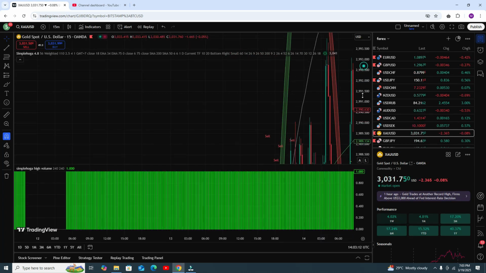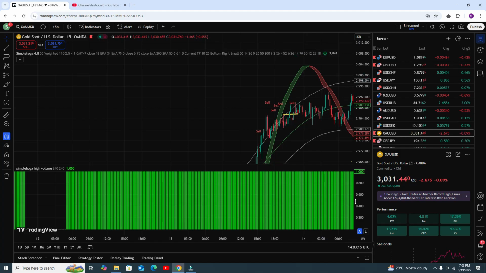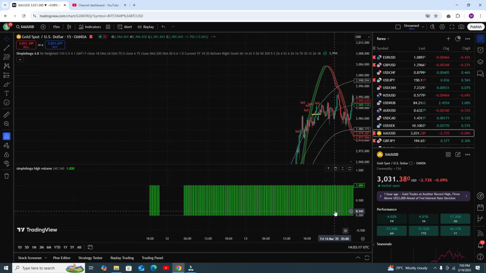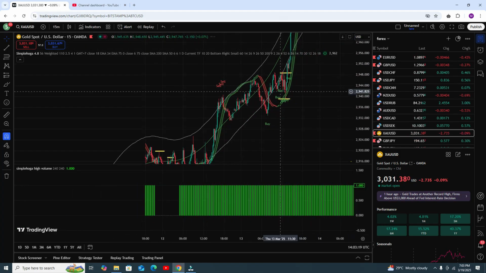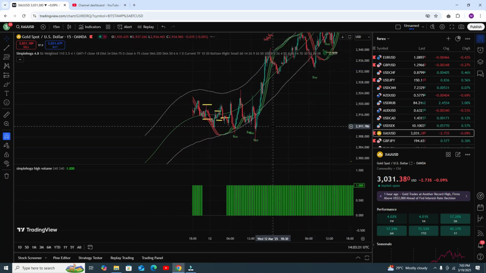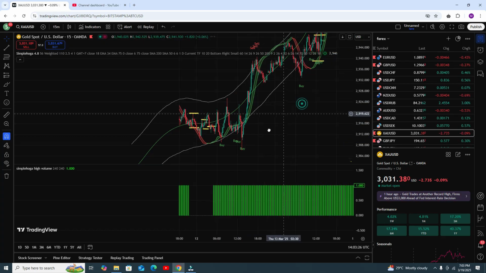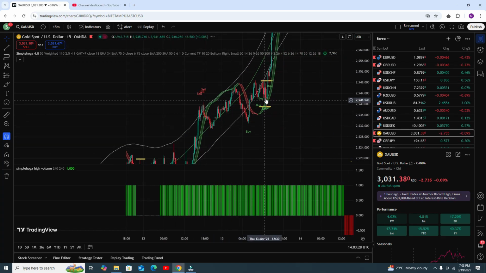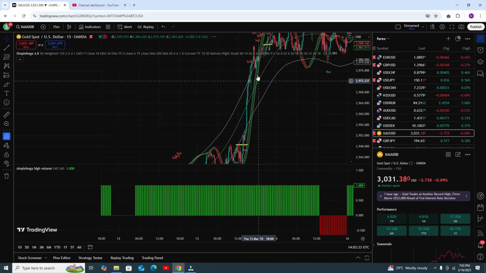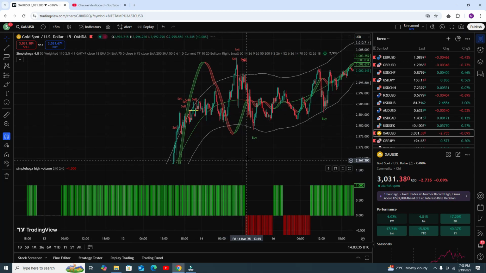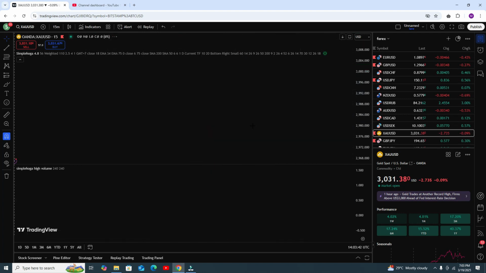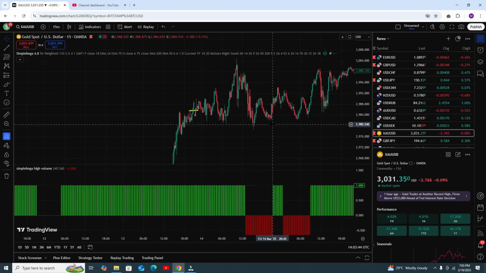It's a very easy strategy. Even a beginner who does not know anything about trading can easily use my indicators and will get a lot of profits. Like here, this one, entry point, target hit. Now another entry point, because the RSI is green from this point, and you can see target hit. Now at this point you can see your entry, and you can see your target hit. Okay, let's move further.